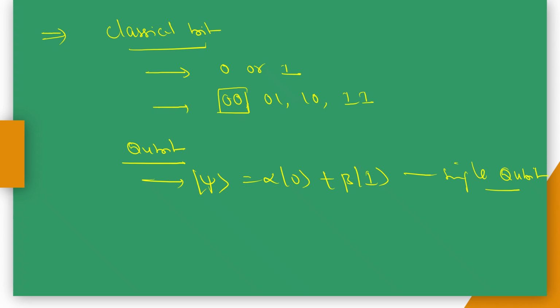So coming to the qubit, the single qubit is represented using the Bloch sphere to understand the position of the single qubit on the Bloch sphere by using spherical coordinates. And whereas in case of multiple qubits